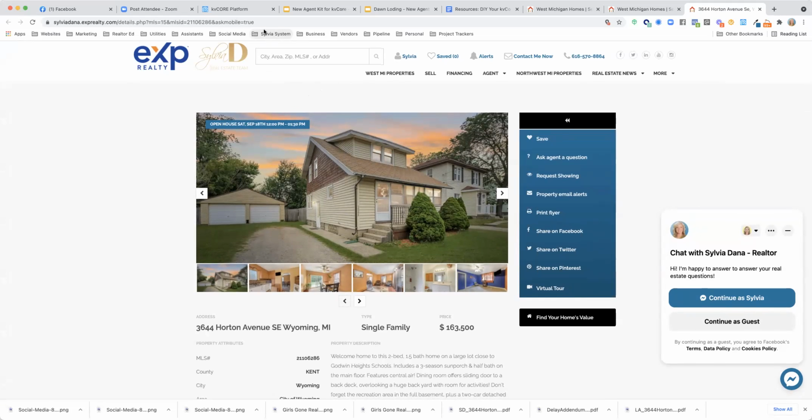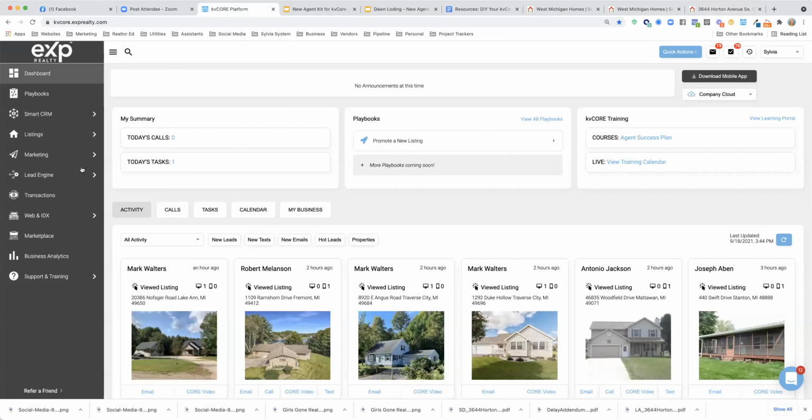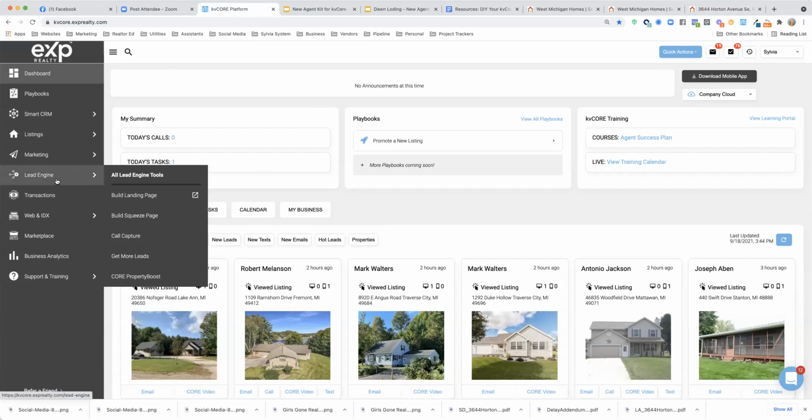squeeze page. A squeeze page gives KVCore directions about what to do with the lead. And at the end, I'm going to show you what I'm talking about, but I just wanted to introduce that topic. When you go into the back end and you want to start creating leads, creating lead generation